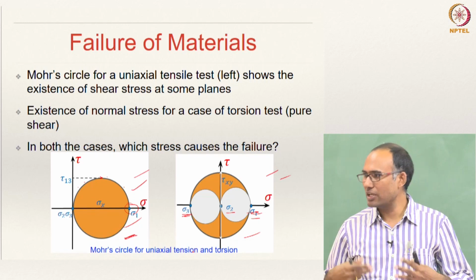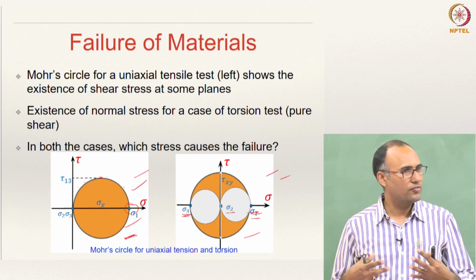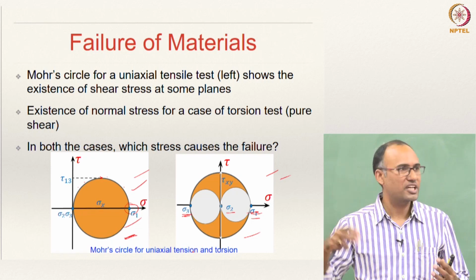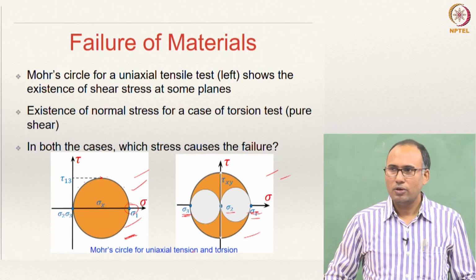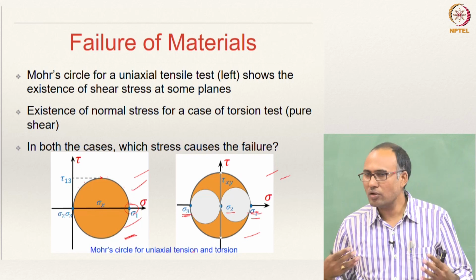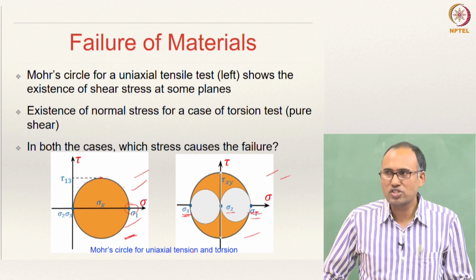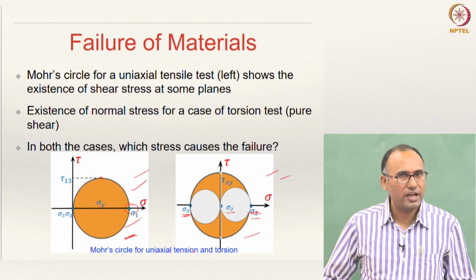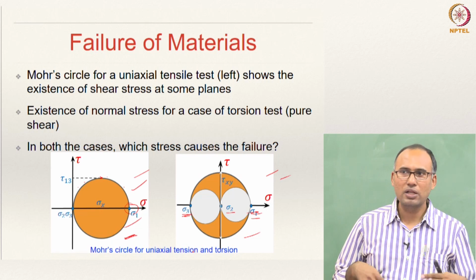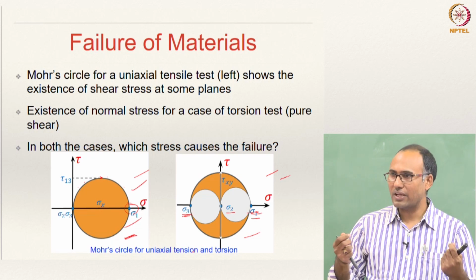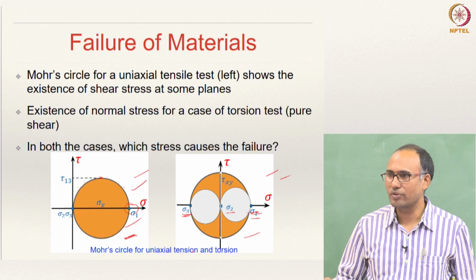So, whenever we are designing components made of ductile materials, the failure criterion is based on the yield strength of the material. But for brittle materials, there is no possible yielding that can be observed, and usually for brittle materials, you will consider permanent fracture or breakage as the failure of the material, right.